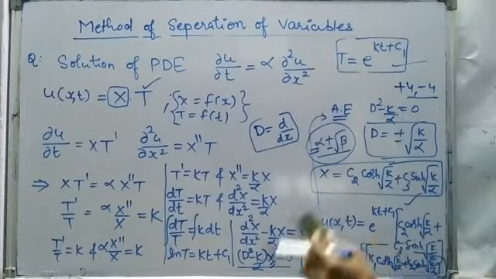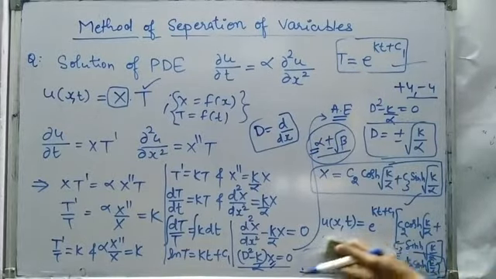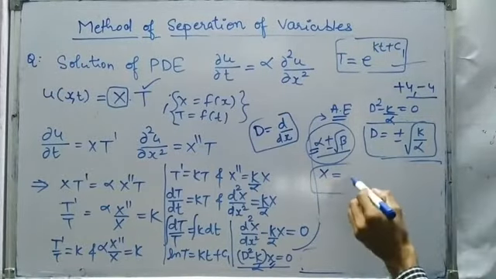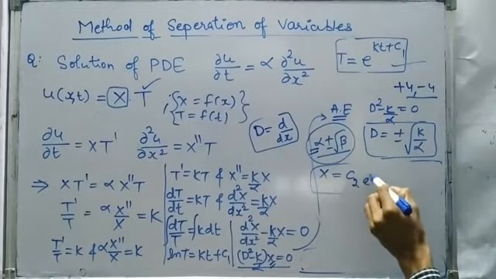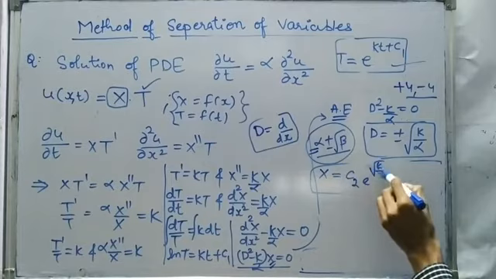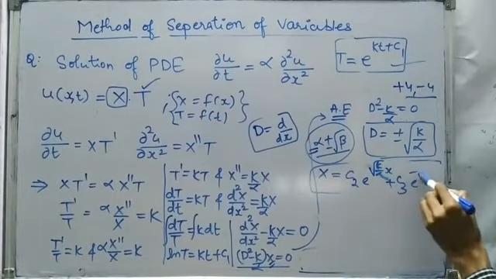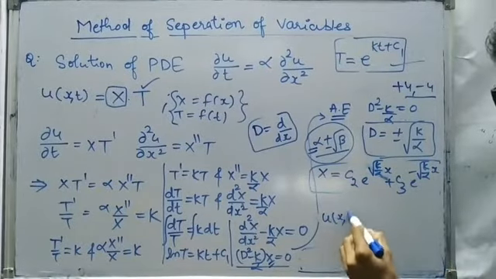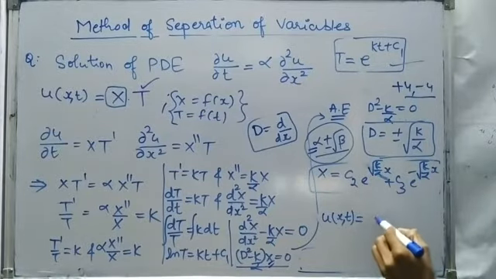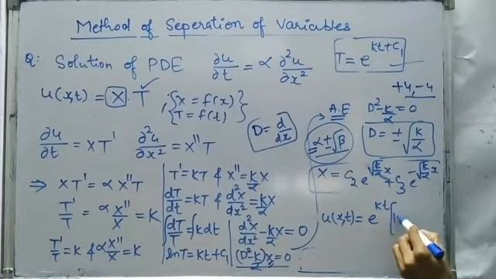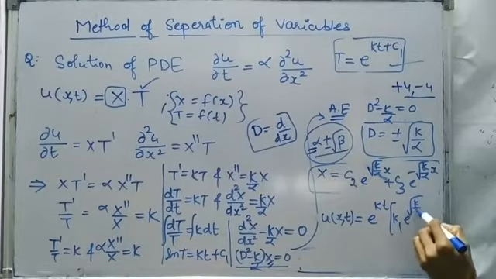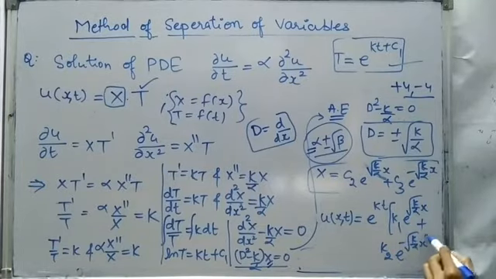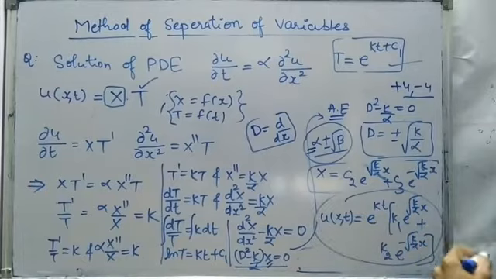So based on the options, if the hyperbolic form is not given, we'll have to write the solution as the general solution, because these are nothing but real unique roots, right? So in that case we'll have to write the exponential terms. So this will be c2 e power root over k by alpha x plus c3 e power minus root over k by alpha x. And now if we have the solution u of x comma t is equal to capital X into capital T, we are going to write e power kt into k1 e power root over k by alpha x plus k2 e power minus root over k by alpha x. So this might also be given in the options.